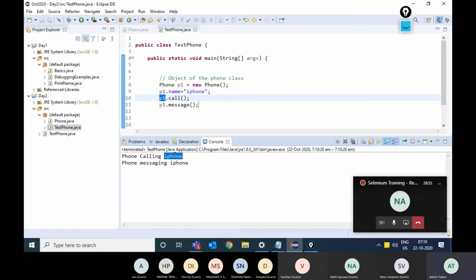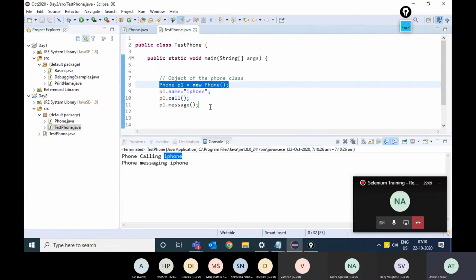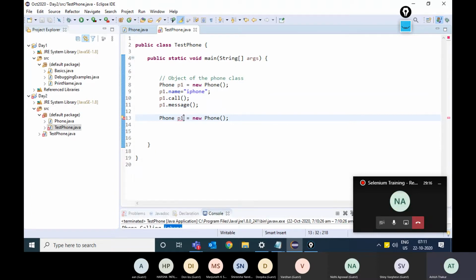All right. So out here, I can create as many objects of the phone class.